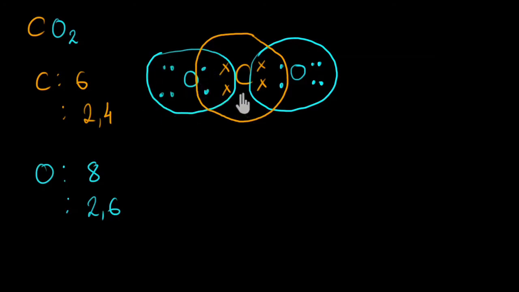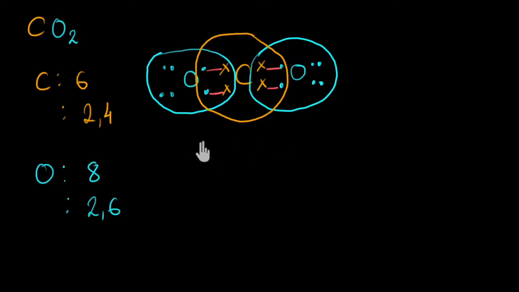Now if we focus on carbon, it had 4 electrons of its own, and now it is experiencing 4 more from these 2 oxygen atoms. So 8 electrons. So its octet is also complete. So this is how the molecule of carbon dioxide exists in nature. By the way, if I have to represent this in simple notation, then I'll replace a pair of shared electrons with a single dash, something like this.